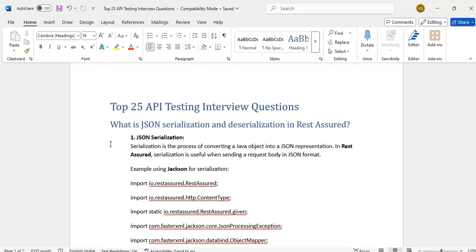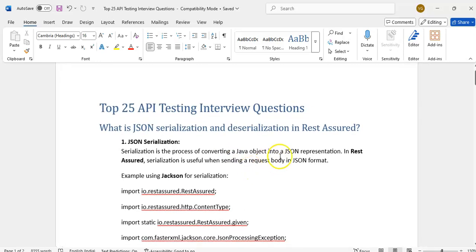Deserialization is converting back into an object. One example is serialization, the process of converting a Java object into a JSON representation. Say I have an employee object; converting it into JSON format in REST Assured is serialization.